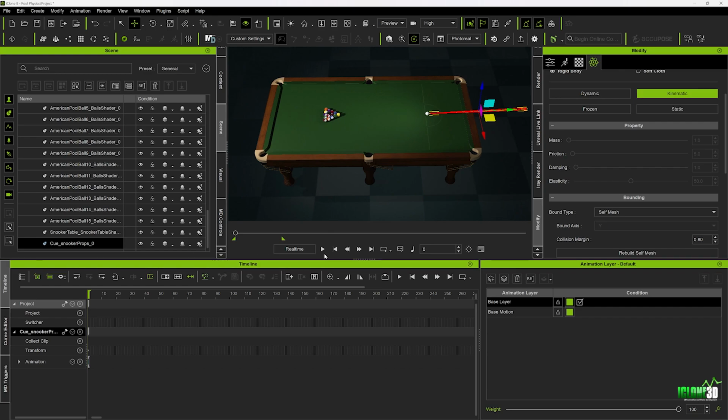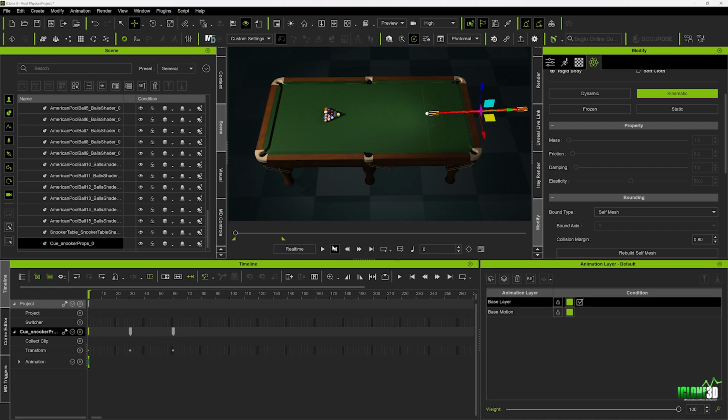And what I'm going to do now is create the physics by moving the pool cue back and adding some keyframes. So at frame 0, you can see we've already got a keyframe automatically set. So we're going to move to frame 30 and move that pool cue back. And then we're going to go to frame 60 and move it forward. But this time we want to move it forward enough so it actually makes contact with the white ball and goes through the white ball. And again, you can adjust this to get different speeds and different power when you're actually doing the